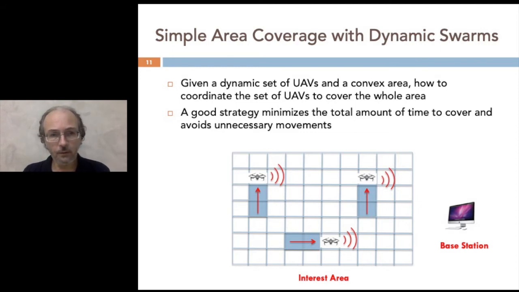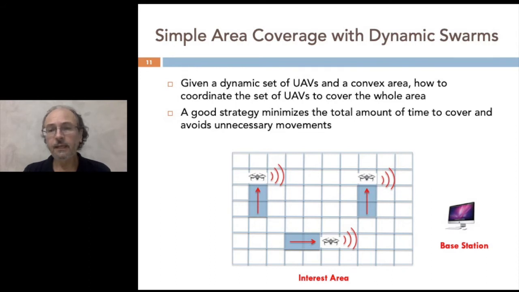When a UAV moves to a certain cell, we say that the UAV visits the cell, and this is a way of abstracting from what is exactly the mission of the UAV, to take a picture, to sense gas, and so on. We just call that cell is visited. And while they move over the area,